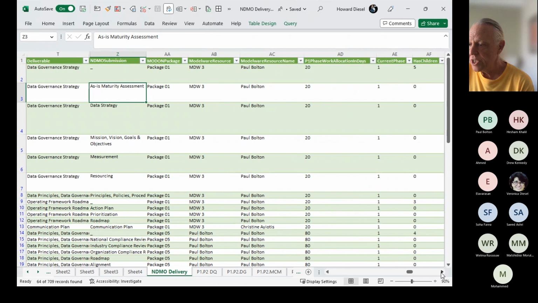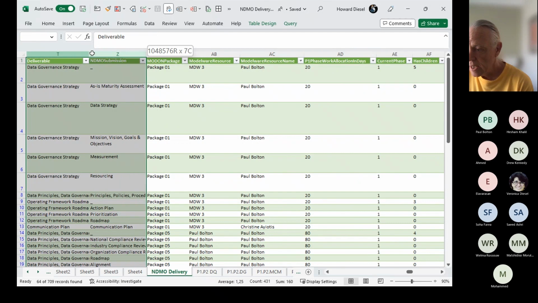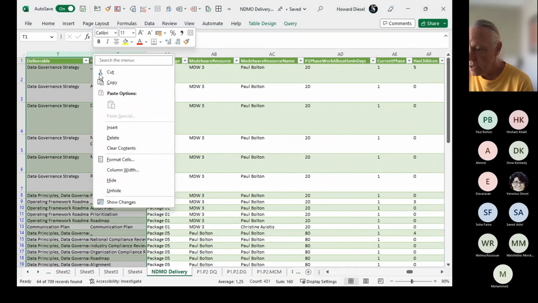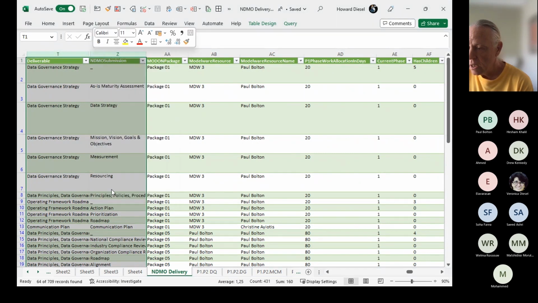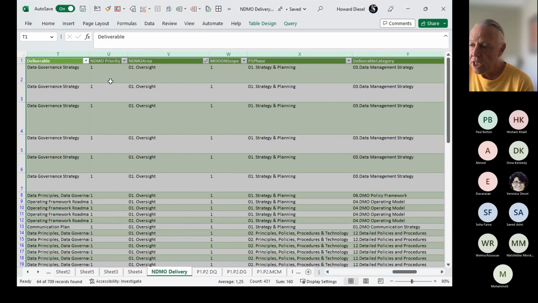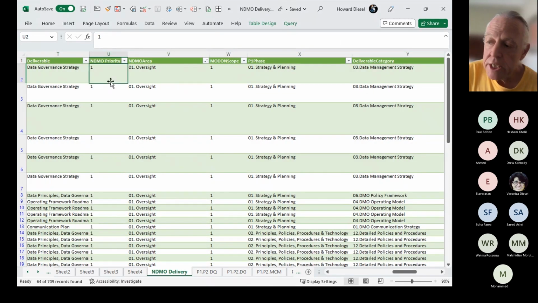Okay, so what you are seeing is, and I think I've actually hidden a few of them like that. So in the Excel, unhide, there you go. There's the NDMO priority. Now what we did, Ahmed, is we used the NDMO priority, but what we found out is that it's not detailed enough when it talks about interdependencies.